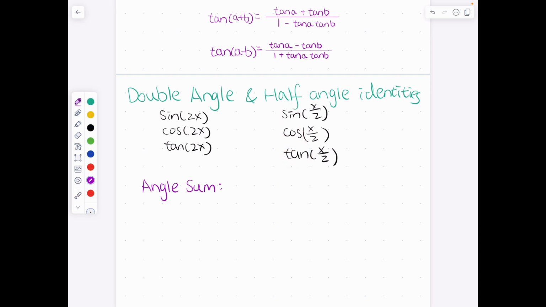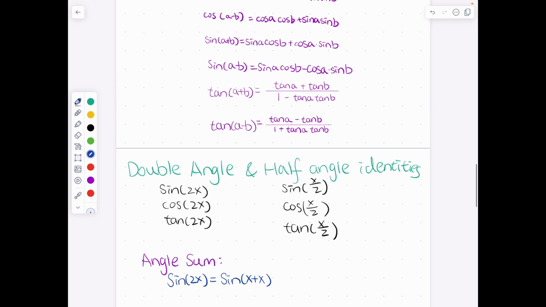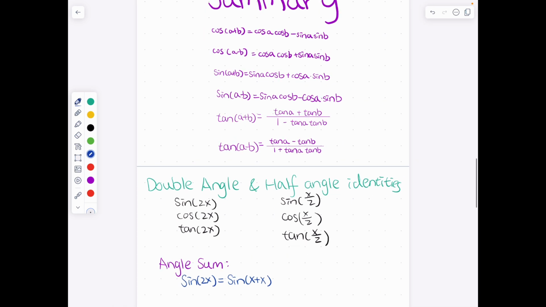So we can just split that into x plus x, right? Okay, let me just write this, sorry. So sine of 2x is equal to sine of x plus x. So then that is equal to